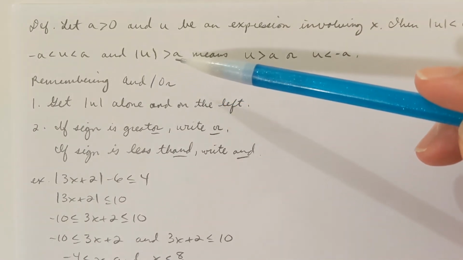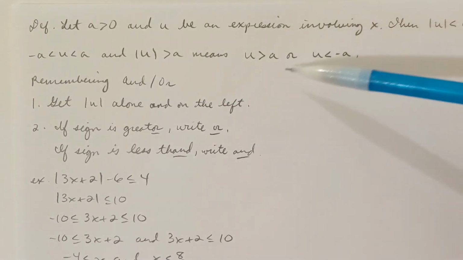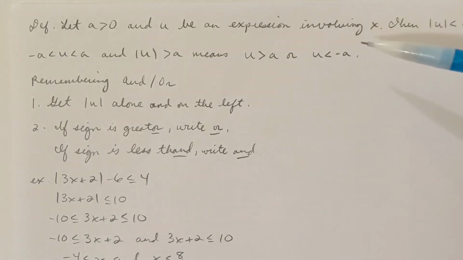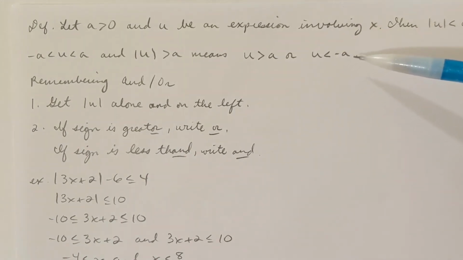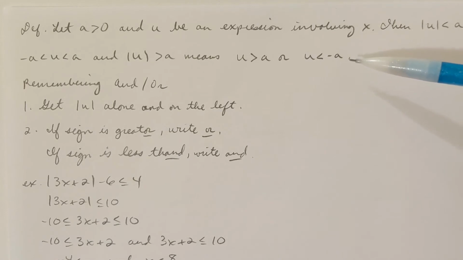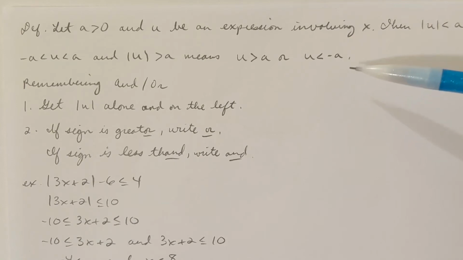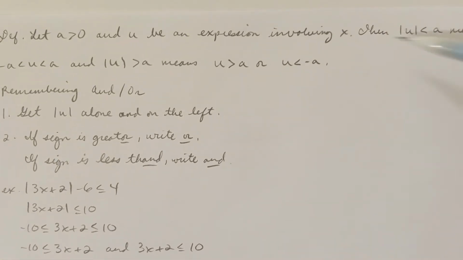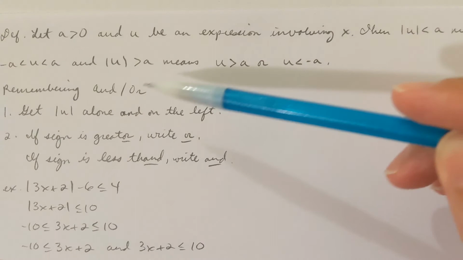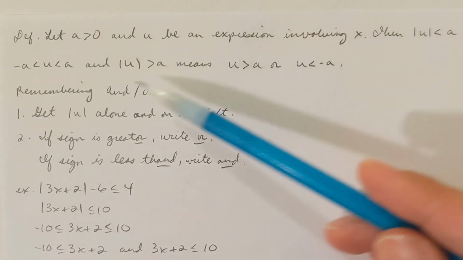And the absolute value of u greater than a means that u is greater than a, or u is less than negative a. One of the things that I'd like us to do when we read the definition is to notice which way the sign is facing, because that plays a huge role in which inequality we're going to write,